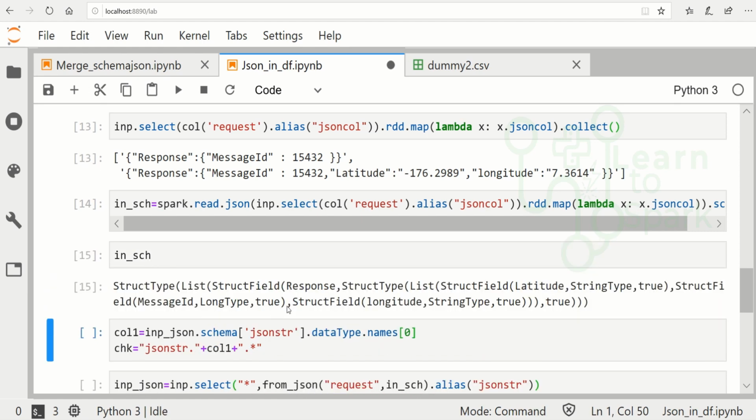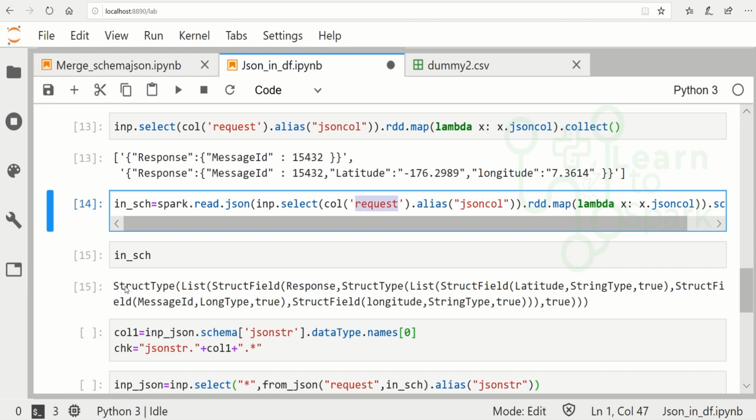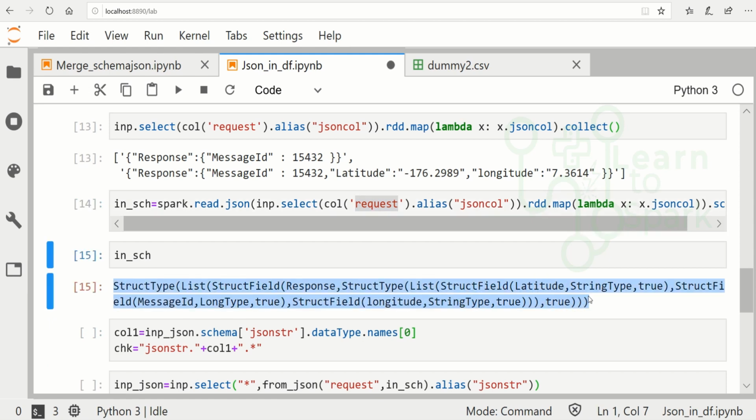So here we can see the column that we have as request is being converted into a struct type. So now we are able to extract the schema of the column request, which is of string type.